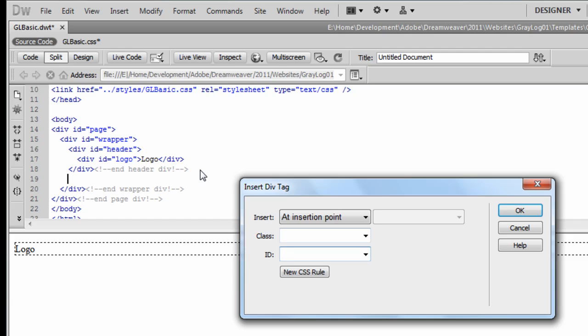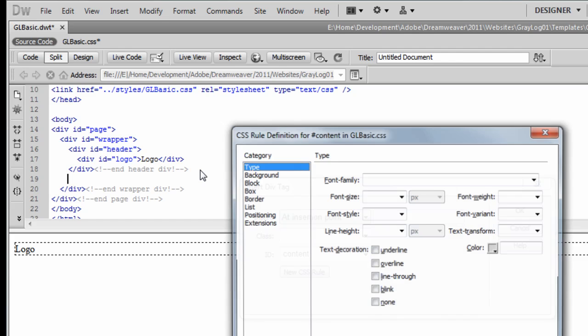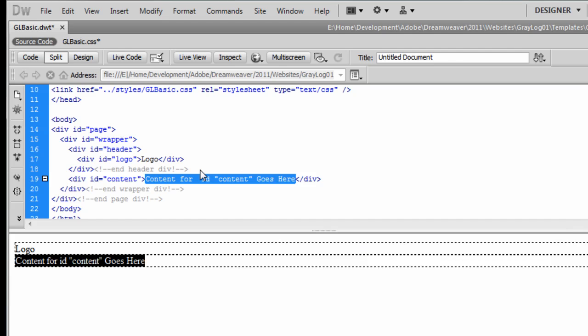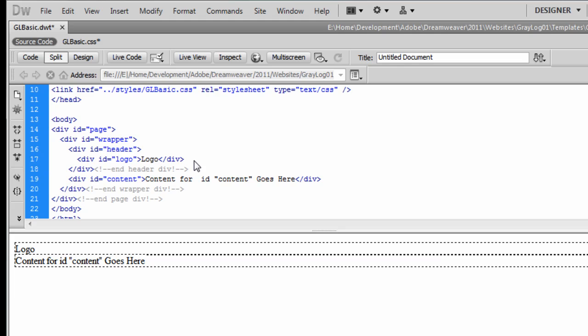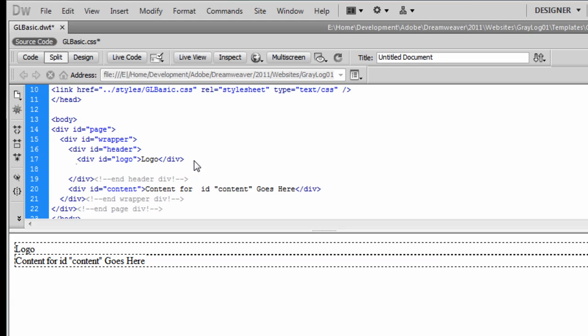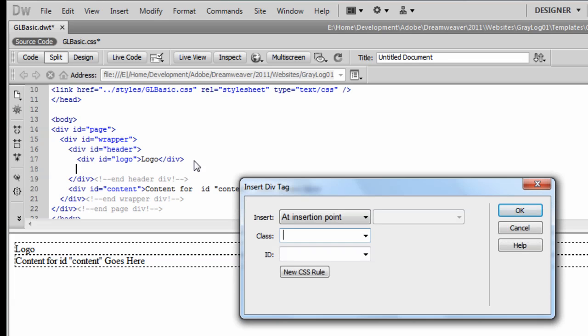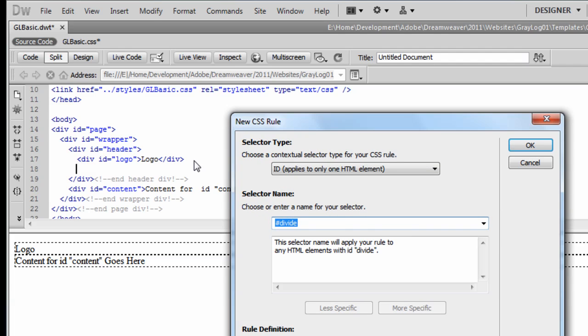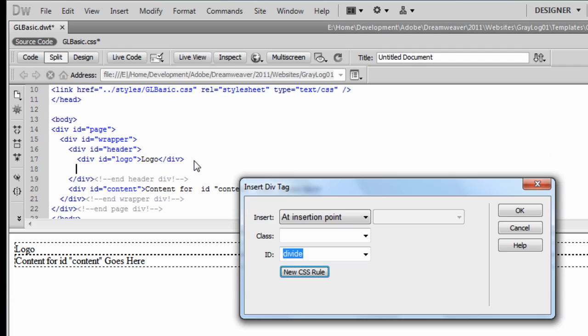This part, I'm actually going to go to the end of the logo div there and just insert one more div here. I'm going to call this one divide and create CSS again, and OK, tab OK, and just going to type a little less text in there. Content, and delete that. It's very pedantic, I know. I'm going to press Ctrl S to save that,